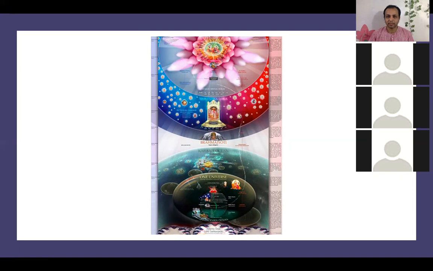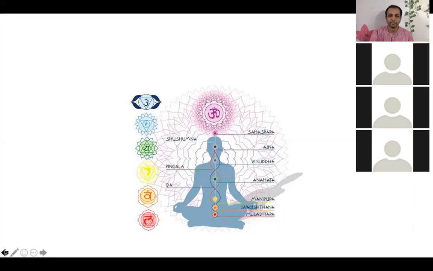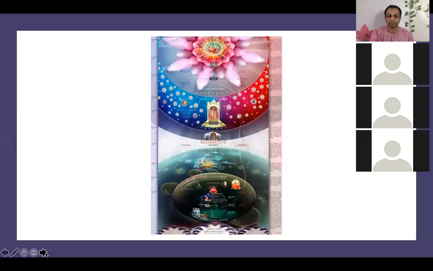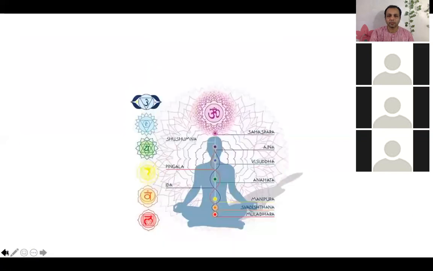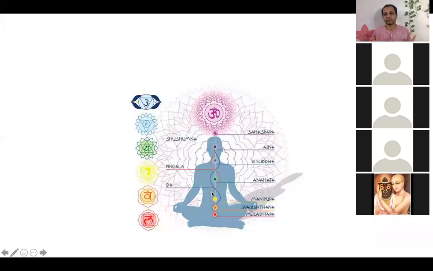Therefore, these planetary systems carry, for example, the yogi, when he raises his energy from the Mooladhara, there are different levels of